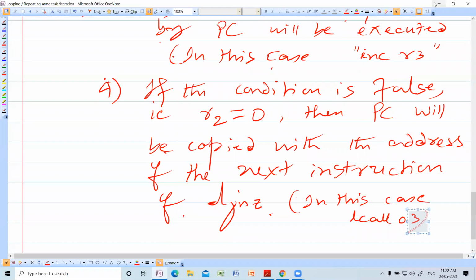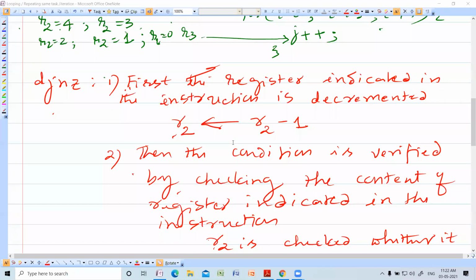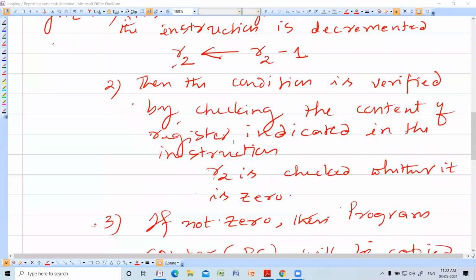Now, whether you have understood, please ping back. Have you understood these particular 4 steps? Very important. First, the register indicated in the instruction is decremented. So R2 is decremented, R2 minus 1. Then the condition is verified by checking the content of the register indicated in the instruction. R2 is checked whether it is 0.